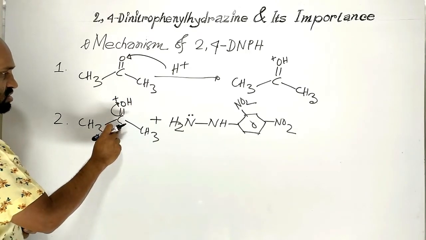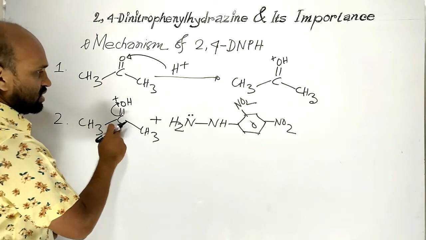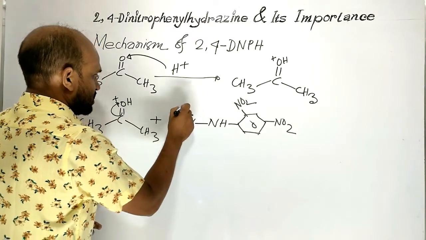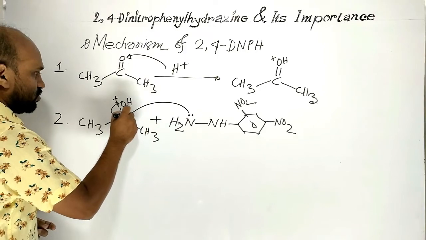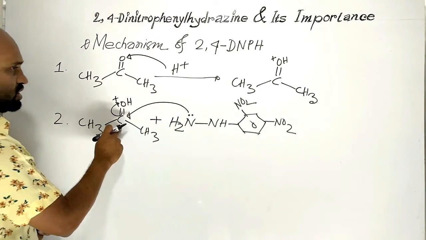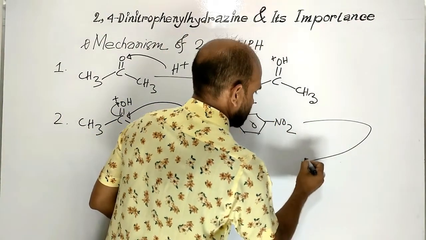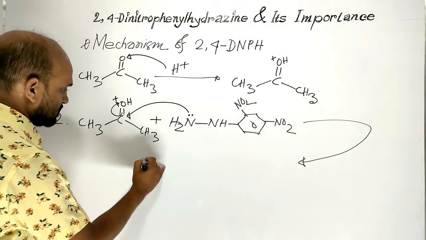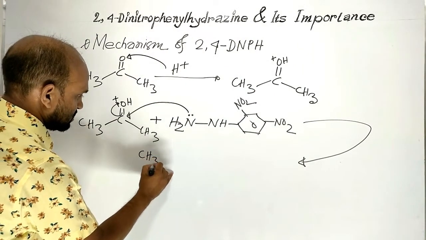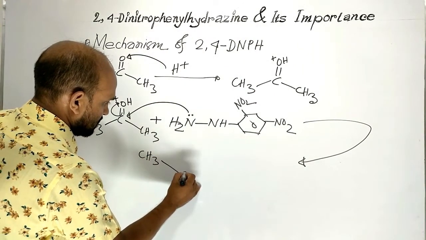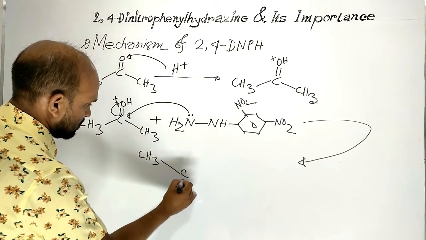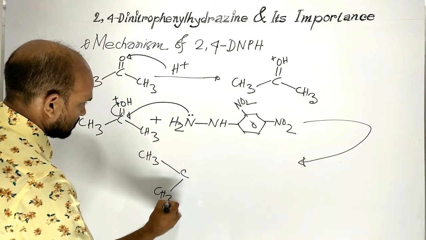This carbon gets positively charged, and then this nitrogen forms bond with this carbon, and then this is obtained, that is CH3, here carbon, here CH3,